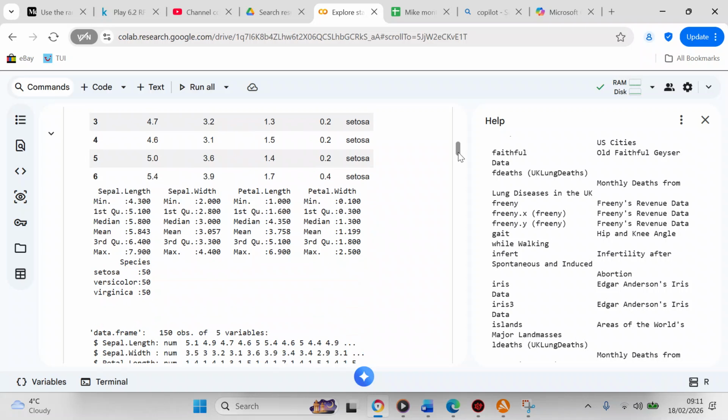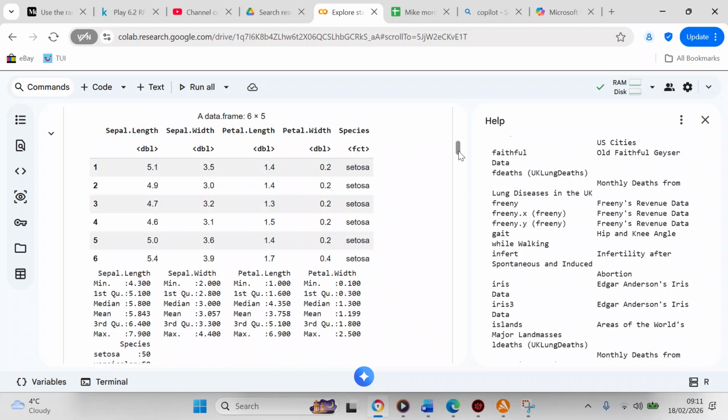The median is the value that is at the center of the dataset, whereas the mean is the average value. So that's the difference between the median and the mean. And the species are setosa, versicolor, and virginica, and you have 50 rows of data or examples